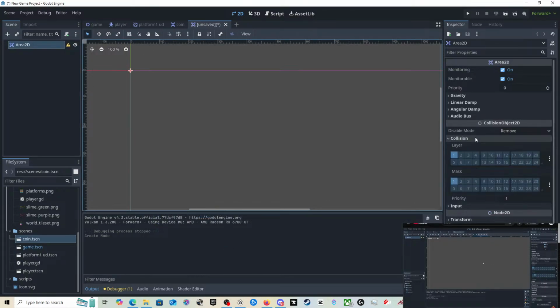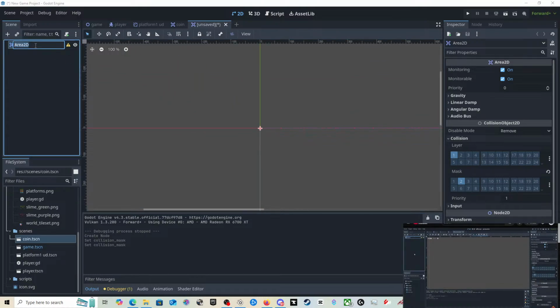And we won't add a collision shape here. That's because we want to be able to reuse this for all kinds of elements that might have different shapes. Instead, let's simply go ahead and rename this now to kill zone and save it as a new scene. Then in our game scene, we can add it by